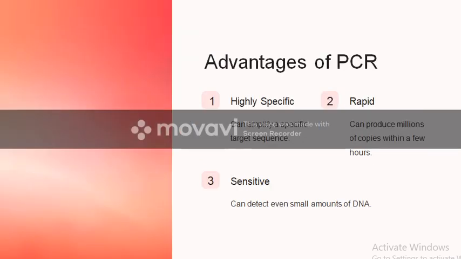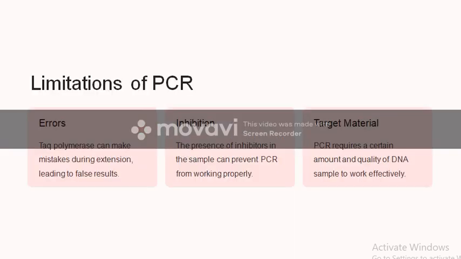Advantages of PCR: it is highly specific, rapid and sensitive at the same time. The limitations of PCR: errors, inhibition and target material. So what is it in common sense? The limitation is that Taq polymerase can make mistakes during extension, leading to a false result. In inhibition, certain inhibitors might be present in your reaction mixture, which will not allow it to carry out the cycles, that is, the denaturation, annealing and extension processes. The target material, so here what